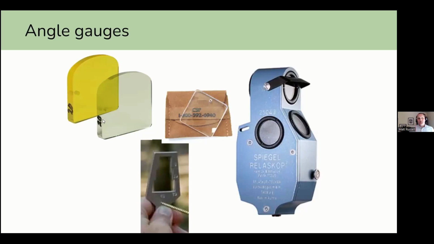And so these are prisms. You can buy these for fairly cheap. What they do is they basically refract the light, so you can sample trees that are in and forget about the trees that aren't included in your sample. These are two prisms here. This is an angle gauge on a wire.